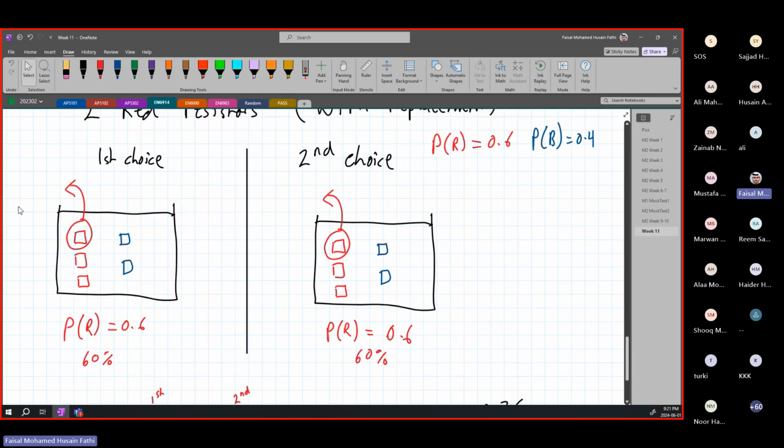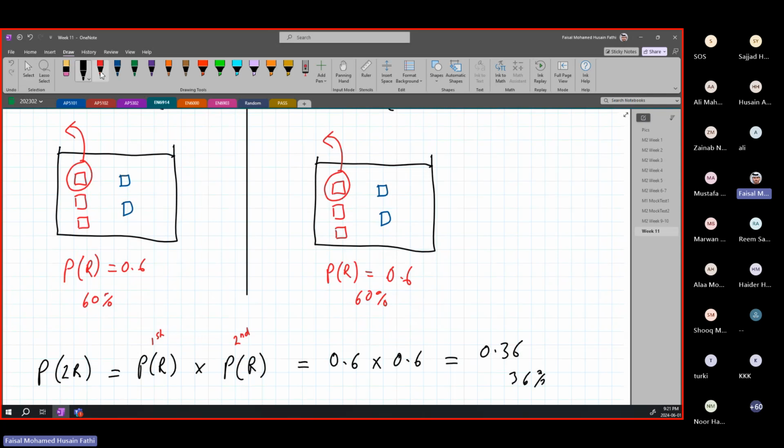Okay, this is known as an independent event. Independent. When we say with replacement,